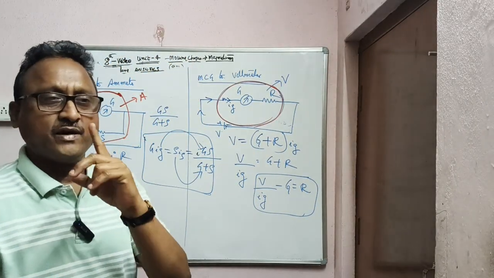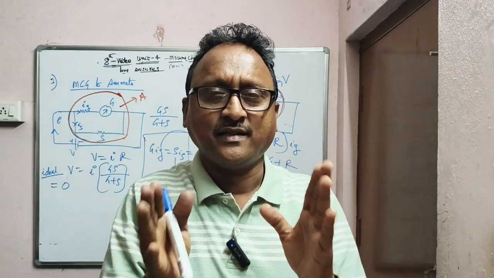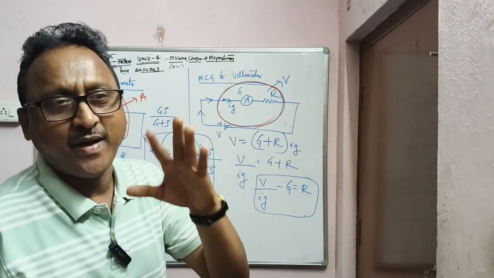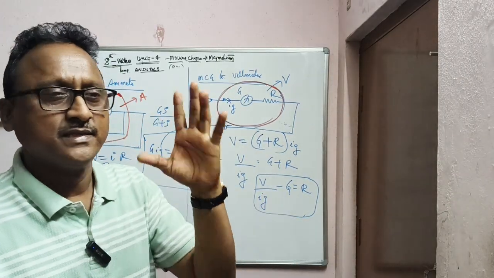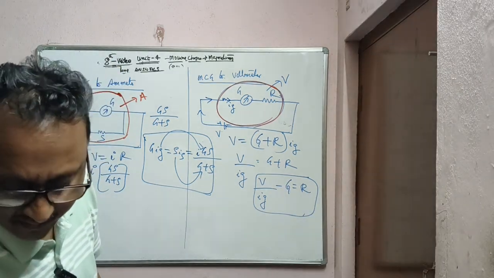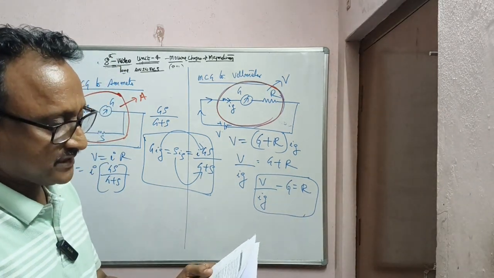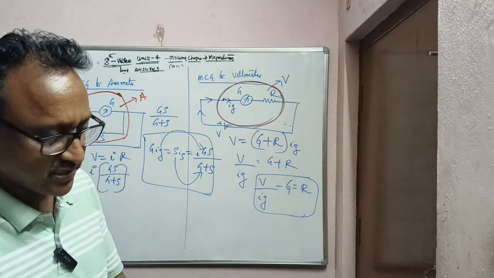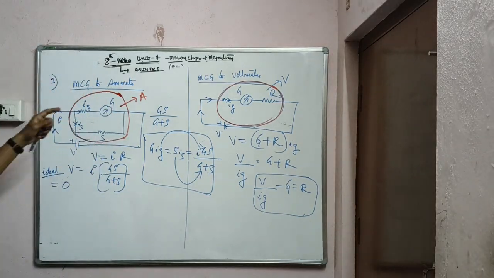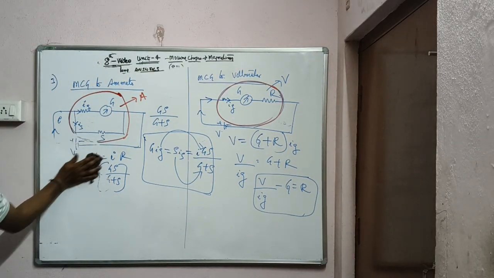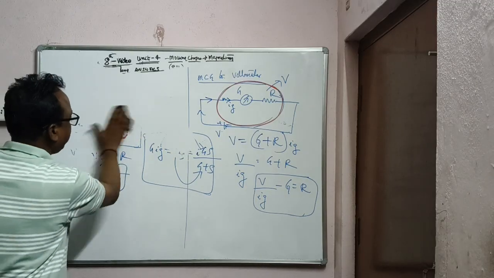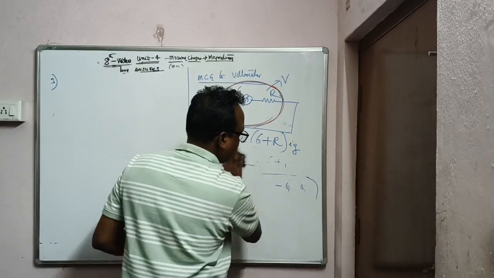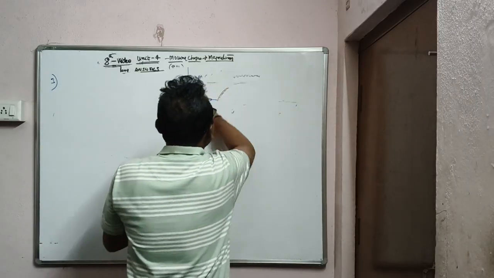And make a note, for an ideal, that is imaginary, voltmeter, the resistance is taken as infinity and it should always be connected in parallel in the external circuit, whereas the ammeter is always a series connection. Okay? What else did he ask us in this third question? Describe construction, convert into ammeter and voltmeter. He did not ask anything else, like sensitivity. Now you can stop here for this third question. So this is how you can explain the third one, that is conversion of MCG into ammeter as well as voltmeter. Did you note it? I am coming to the last 8 marks question,